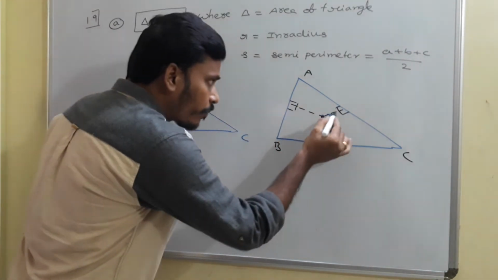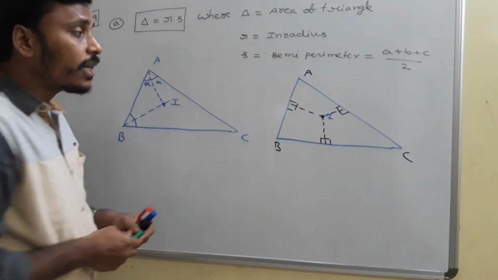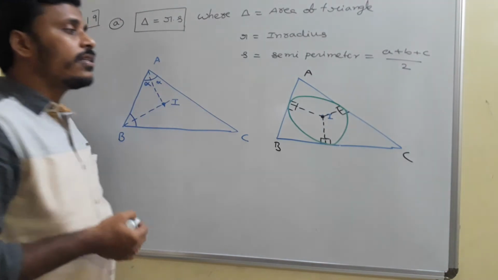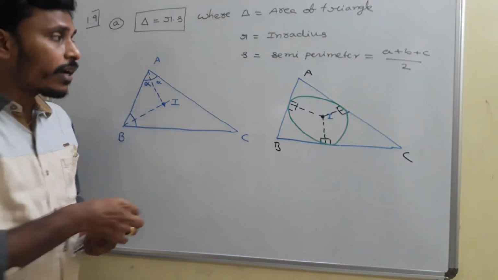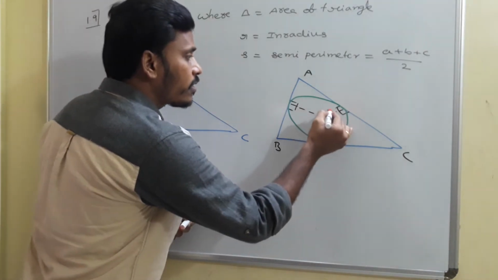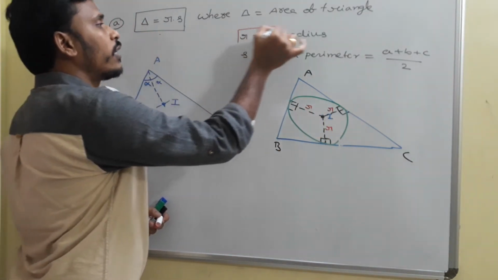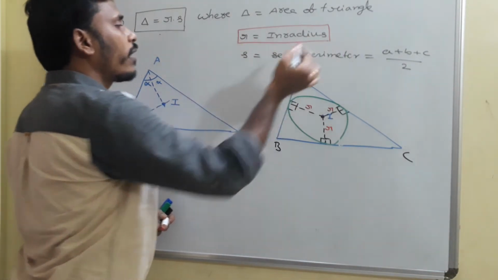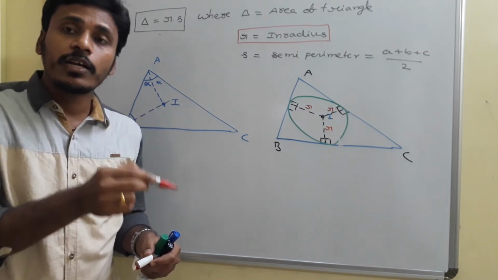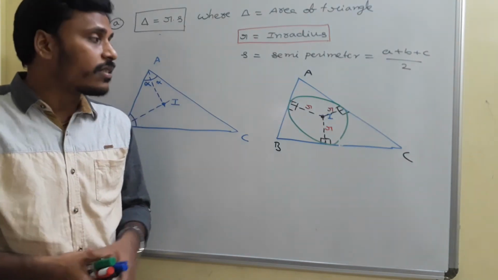And since these 3 are equal, with this I as center, if you draw a circle, that circle for sure touches the 3 sides of the triangle, and that circle is mentioned as the in circle. And the radius of that in circle is the in radius. Since these 3 are equal, this distance is r, this is r, this is r, and that is the in radius. Since this formula involves the term in radius, you need to know something about it. In radius is the radius of the in circle. In circle is the circle which touches all the 3 sides of the triangle internally, and it can be drawn by using the in center as the center.